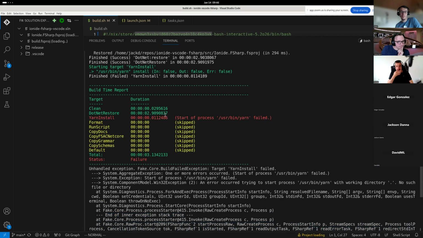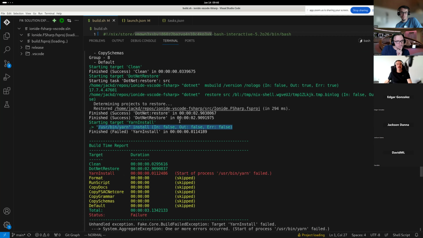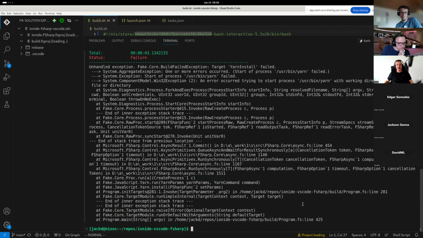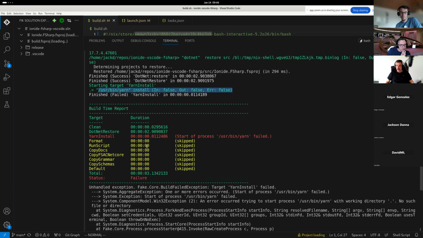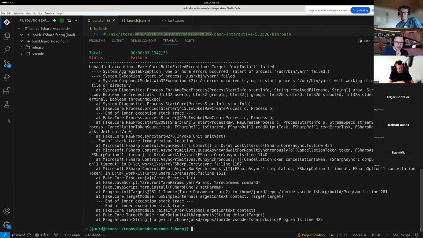Okay, so is it worth diving down trying to find it, or should I just leave that for later? Is it even possible to proceed forward without being able to build yarn? I mean, it seems to be using yarn install, so if you have yarn installed already, you might. I don't, but I can get yarn real quick if you'd like. Yeah, if you want to. Let me get yarn. But it also might be the same problem where it's not in the user bin. So it might just work.